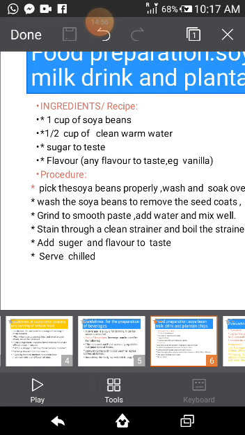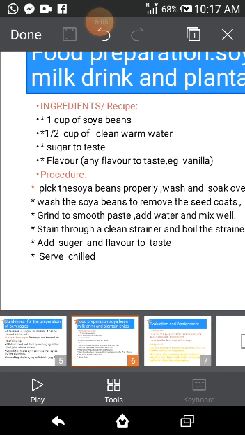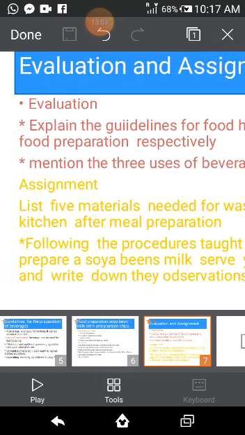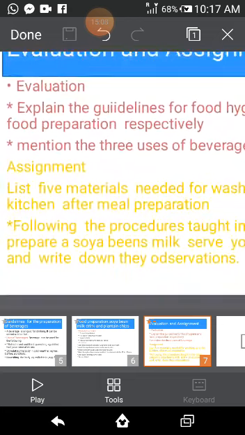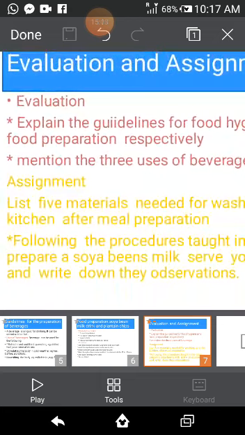Add your sugar to your taste and flavour. Chill it and serve. On your potato chips and plantain chips which you are going to serve with it, get